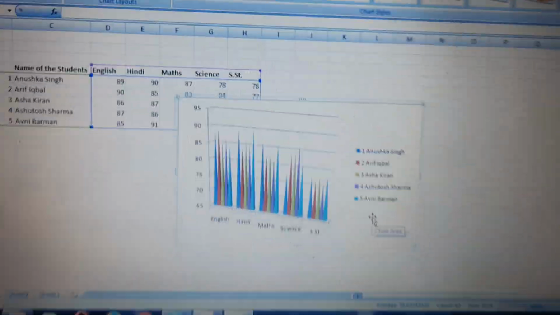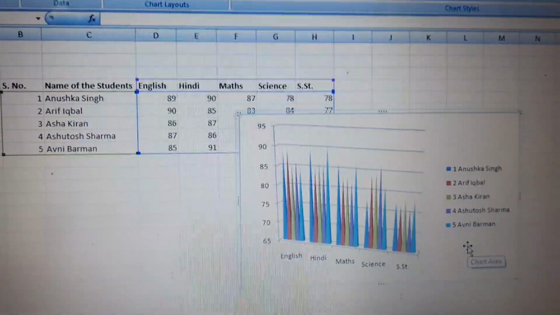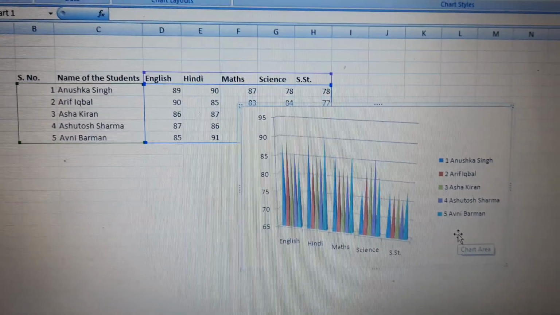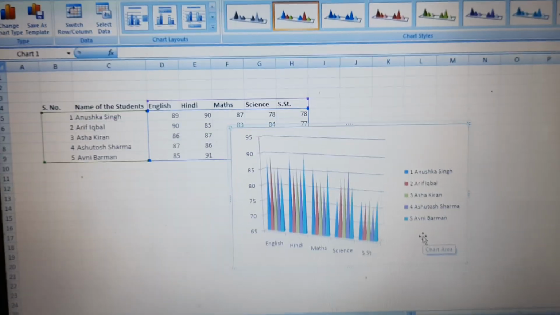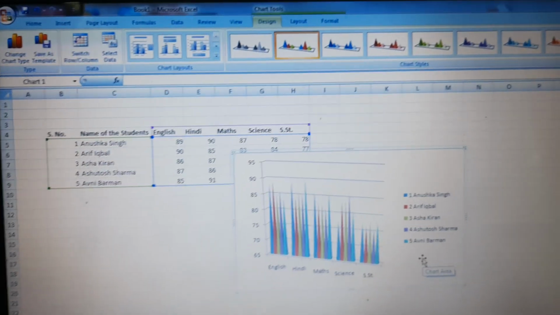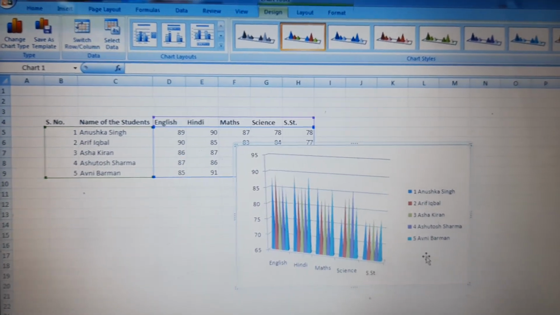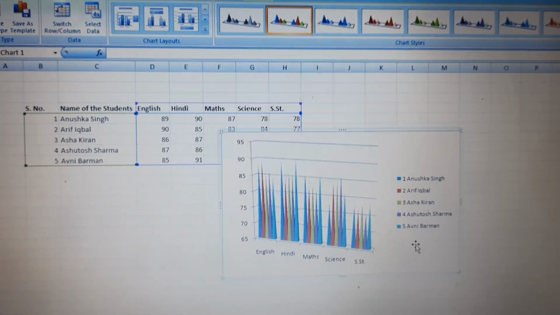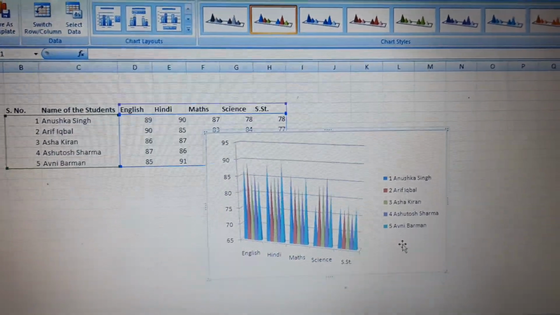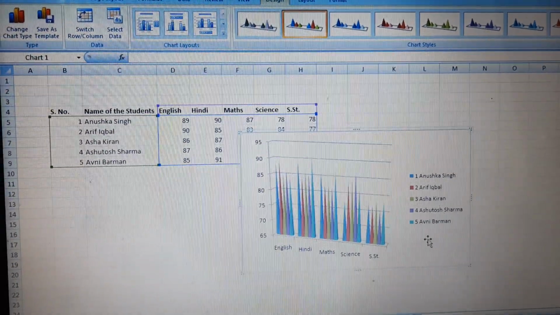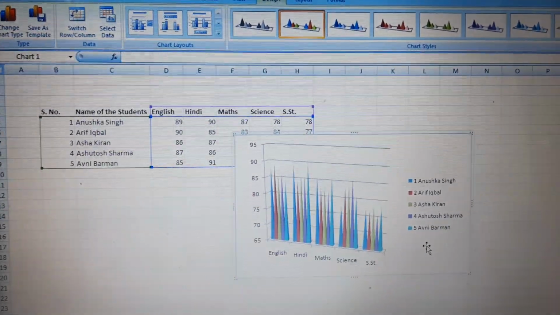Okay, understood? So this is the way to insert the chart and this is the way to change the chart type. If you want a different type of chart layout, then here you can change the chart layout. Okay, so most probably we have finished the chapter and I think we have understood. If you still have some problem in that, then we will do a Google Meet after this. So you can go through this video and understand, and I will send you the question answers after finishing this chapter. So please go through this video properly.